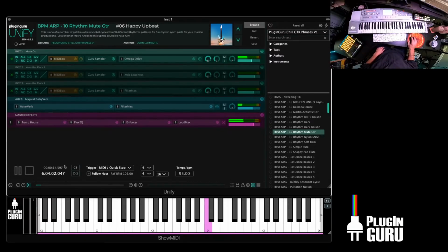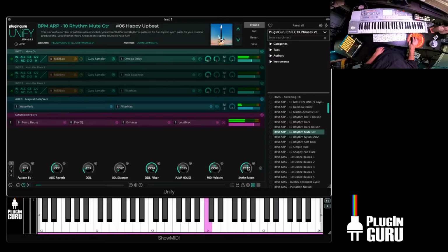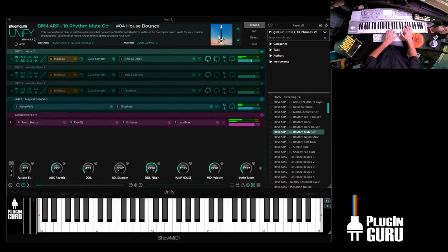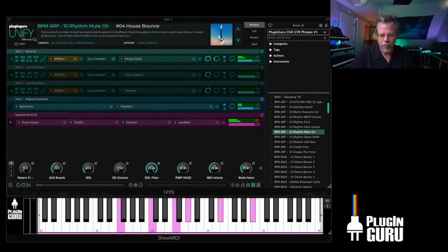So I played 10 different rhythm patterns. If we go to here, let's open up MIDI box. I can actually cycle through the different patterns. And as you can see, because of what we got going on in Unify now, it shows up here the name of the rhythm, right? And then because of the wonderful capabilities of Unify, I can now put this to polytranspose, and all these MIDI files become really cool rhythmic things I can just,